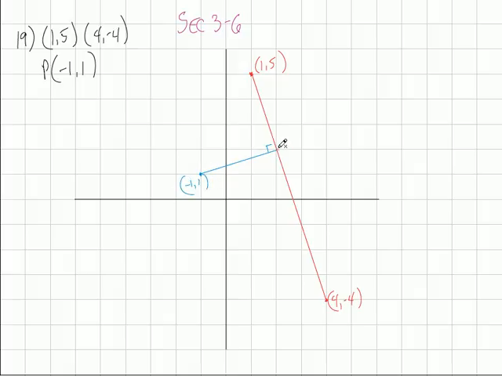So what am I trying to do? My goal really is to find that point right there. If I can find this point, right, then I can find the distance between those 2 points. And then I got the distance of that line. You got it? So first thing we do